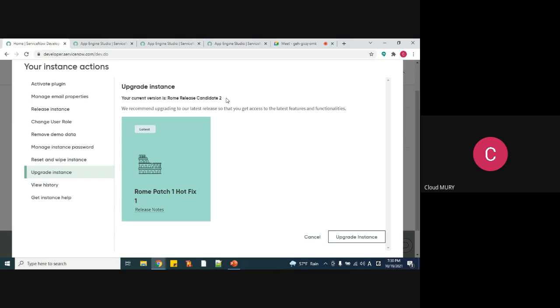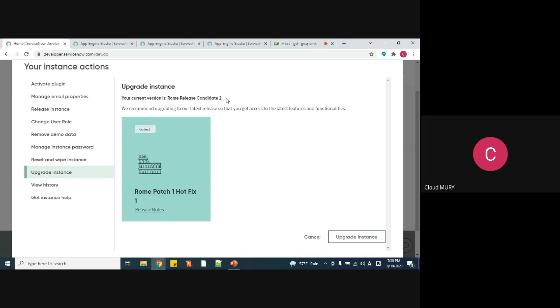So what ServiceNow does is, whenever ServiceNow is releasing a new version, at least 45 to 60 days before that, they will release a beta version, or candidate, for learning purposes. Those who have a personal instance get early access so that you can identify more and more issues in the candidate version and report them to ServiceNow.